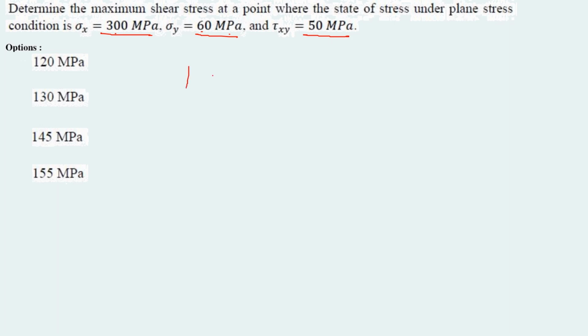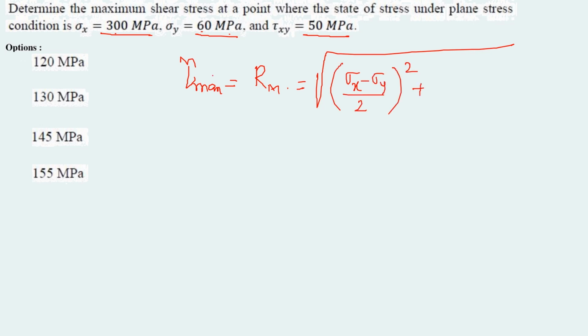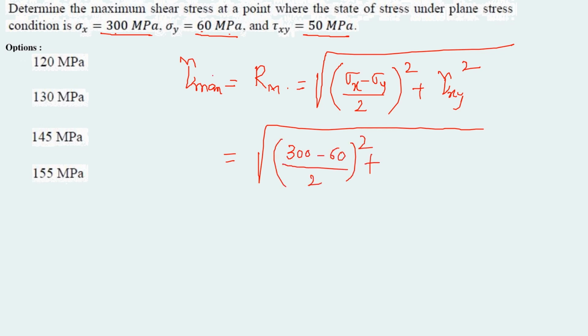We know maximum shear stress is equal to the radius of Mohr's circle, that is equal to the square root of ((sigma x minus sigma y) by 2) whole square plus tau xy square. That is the square root of ((300 minus 60) by 2) whole square plus 50 square. That is 300 minus 60, 240 by 2, 120. 120 square plus 50 square, which is equal to